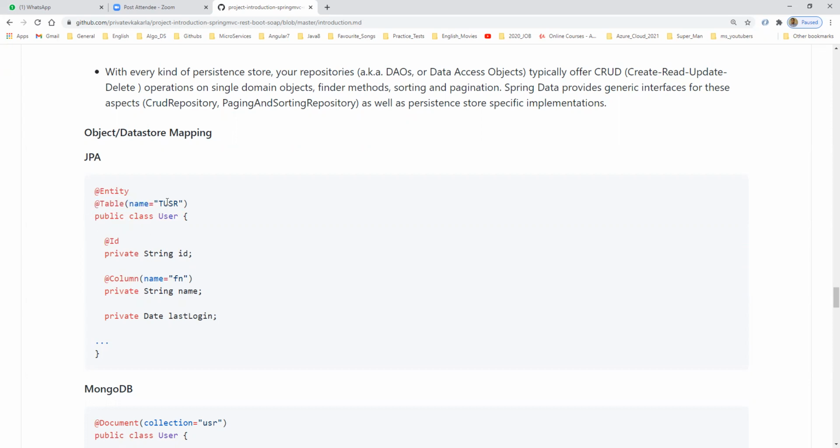The name is the user table. Then @Id. Every table has a unique primary key, and that primary key we can define in terms of @Id. We need to define @Id on whichever variable we are making the primary key. So ID is the primary key, and obviously we have given @Id.